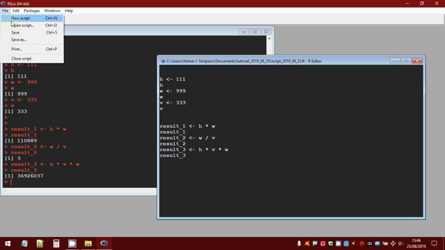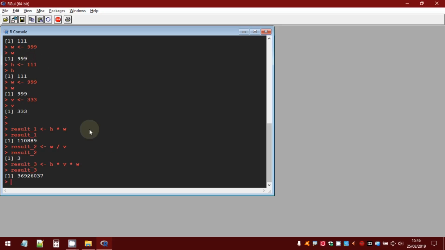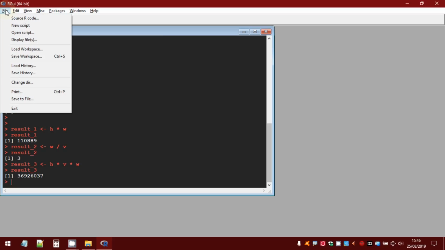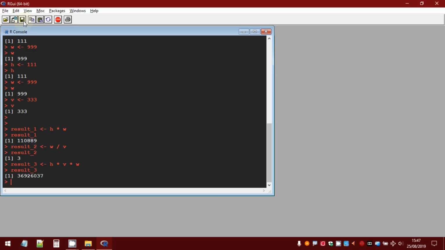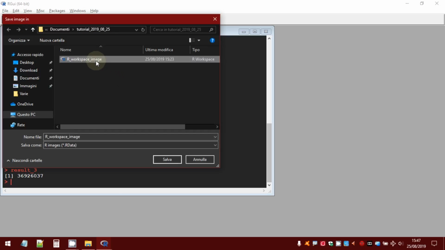Now, close the script, save the workspace image. You can also use this button to save the workspace if you don't want to do this operation. So select the file to overwrite it.